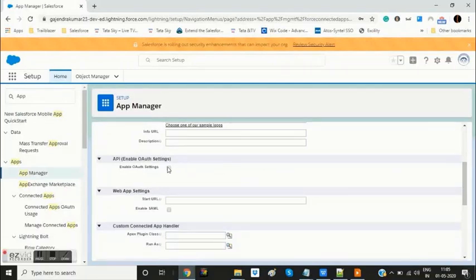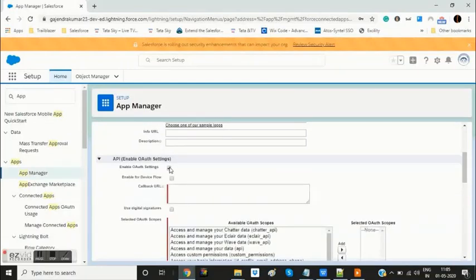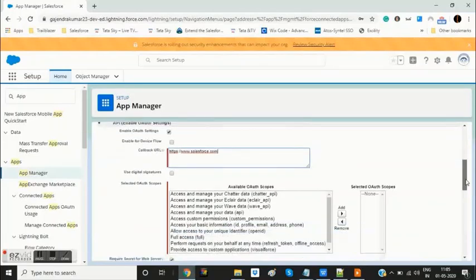We will call it enable OAuth setting. We have to select it. Then we will provide a callback URL. We need to remember this callback URL is going to be used in our request to Salesforce from an outside system. So for the time being, I am giving it as https://www.salesforce.com,